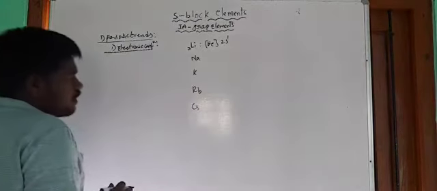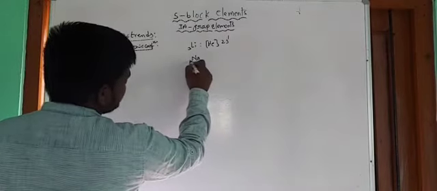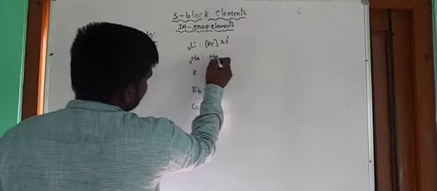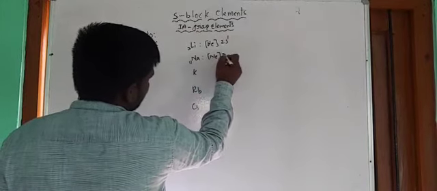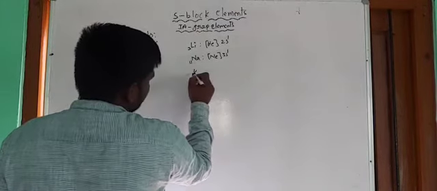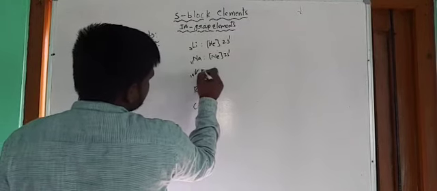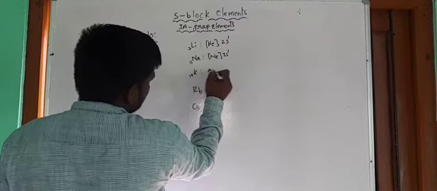Next, sodium atomic number is 11, and it takes neon configuration and 3s1. And potassium atomic number is 19, so it takes argon configuration